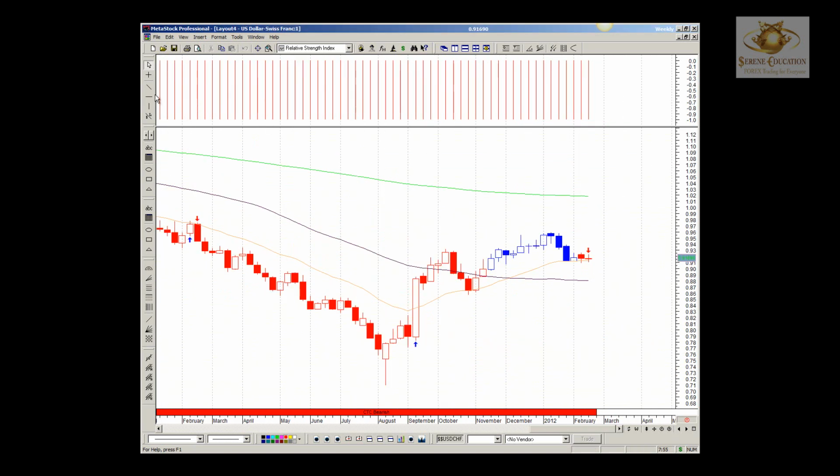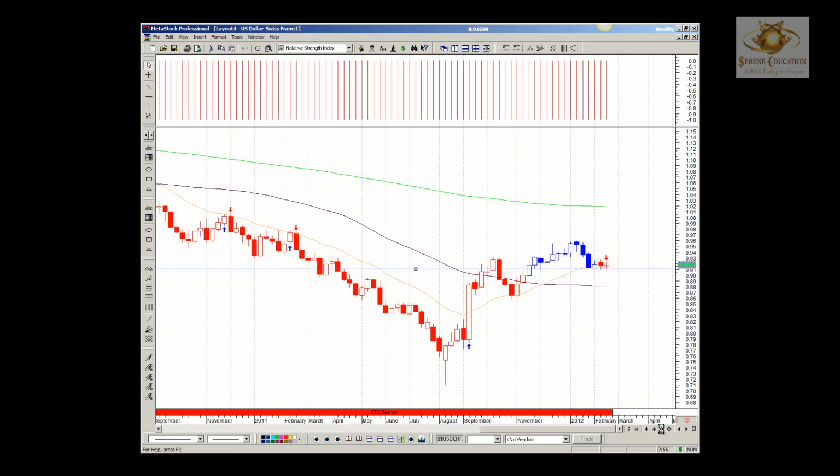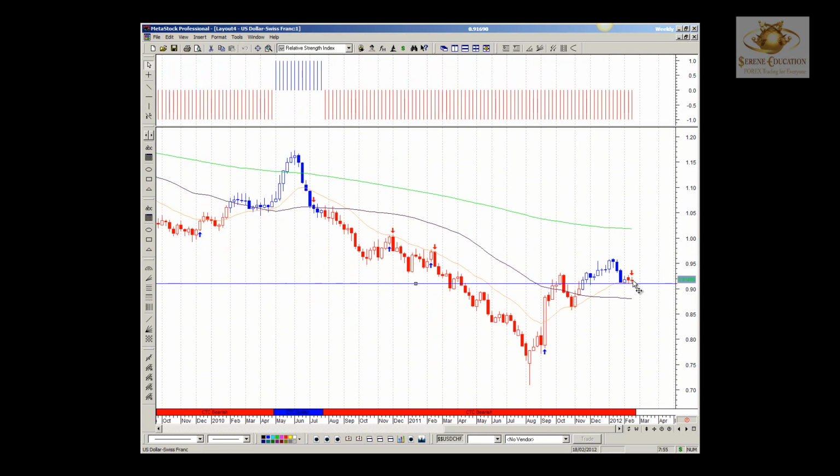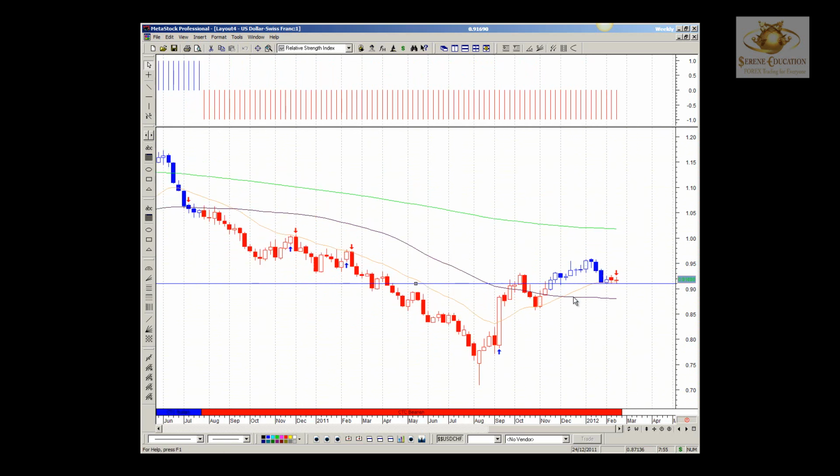On the weekly, you can quite clearly see a lot of support through here. It's the third week where we've seen price headbutting itself or finding support here at 91.00, just above the 91.00 mark on this pair. CTC still remains red across the board on the weekly. You can clearly see, even though we've had a massive pull to the upside, it seems to think that sentiment is still negative on this pair,